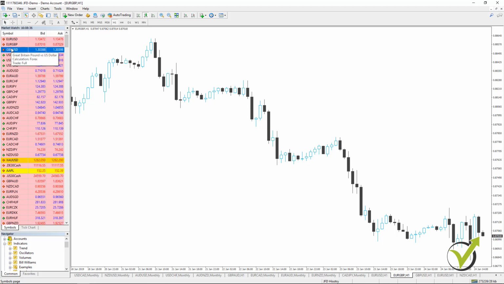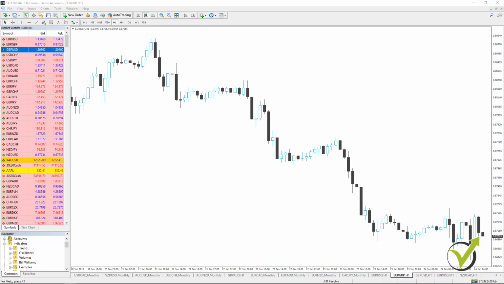Okay, that's why I have selected these three strategies, one for Euro Dollar, one for Euro Pound, and one for Pound Dollar. And one more time, on H1 chart we are looking at the bar opening, so if you want to trade these strategies manually, you can have a look at the chart only on every round hour.